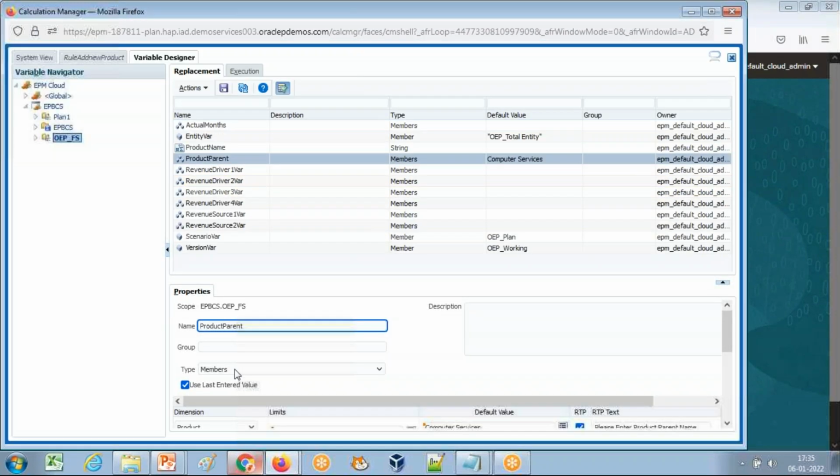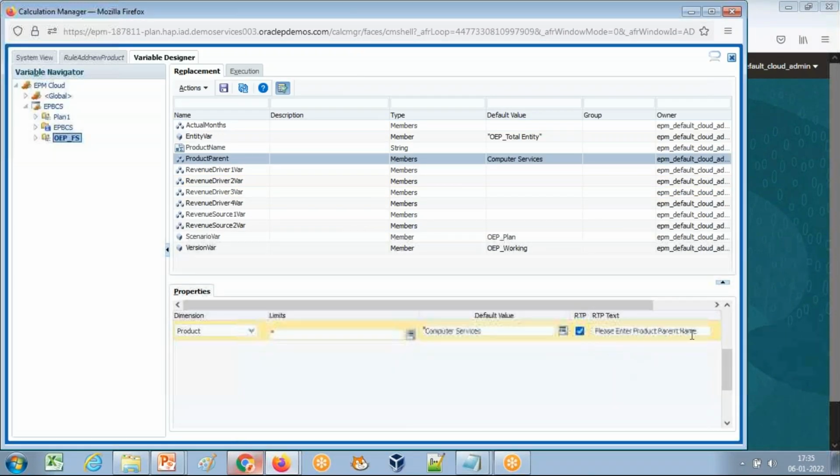It is of members type, and for the runtime prompt you can give any string you like. I've given, please enter product parent name, and the default parent I've given as Computer Service. As you remember, for this product we enabled the dynamic children option.